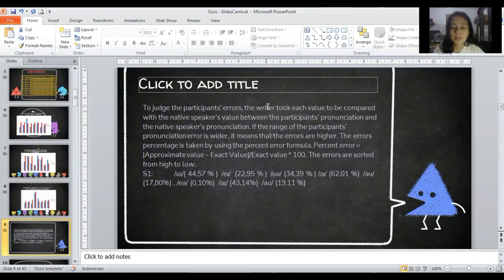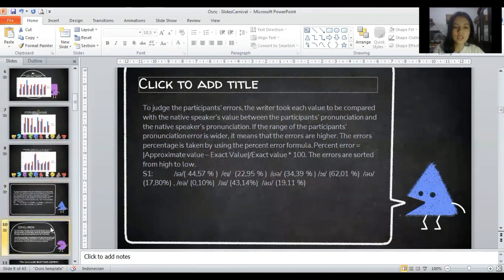Percent error is approximate value minus exact value, divided by exact value, times 100. The errors are sorted from high to low. And here are the errors, the percentage of the error, and the conclusion.